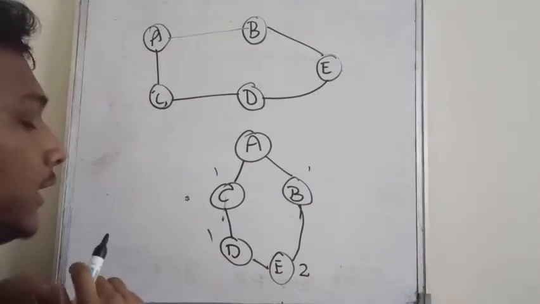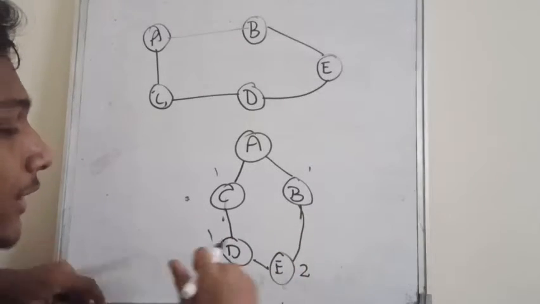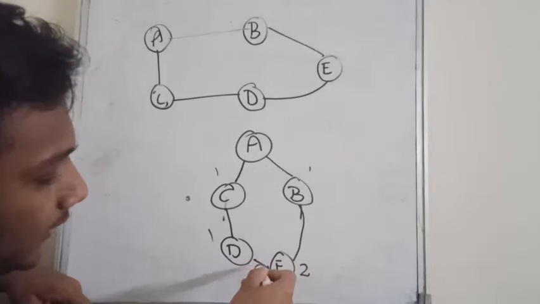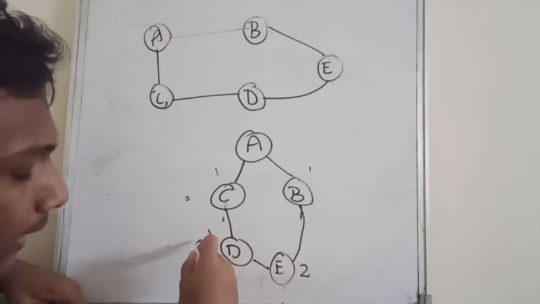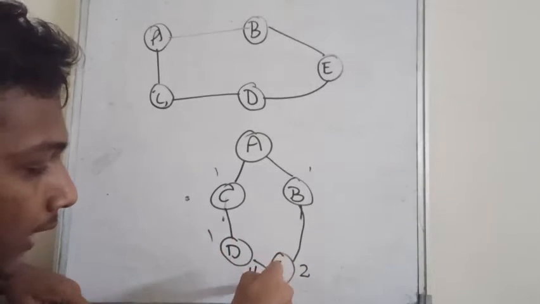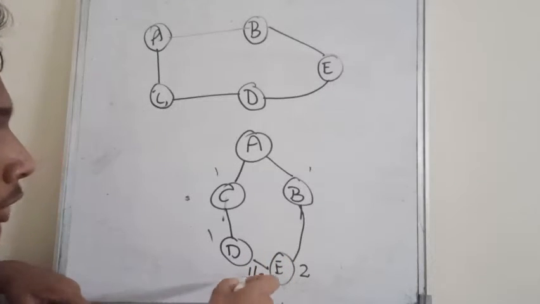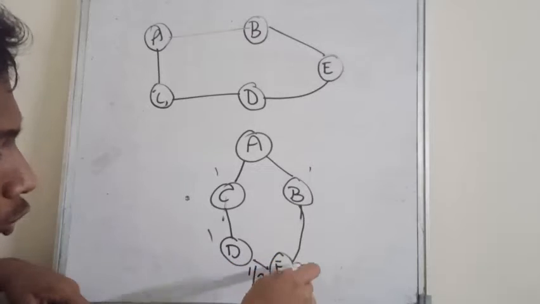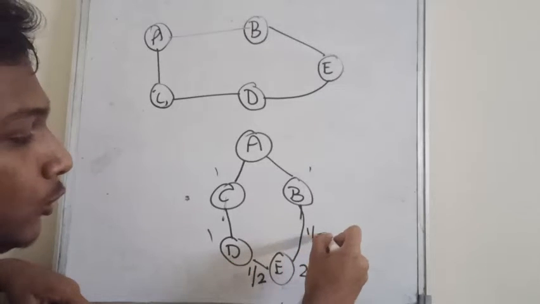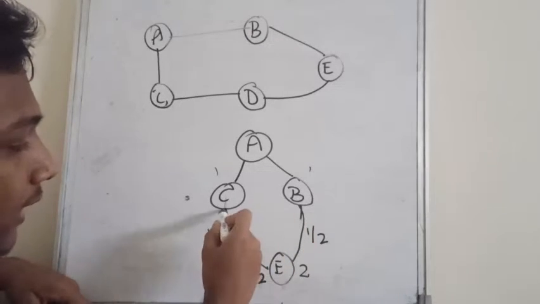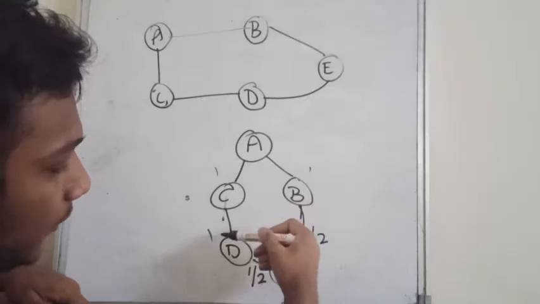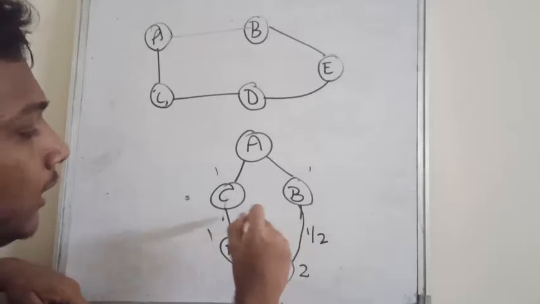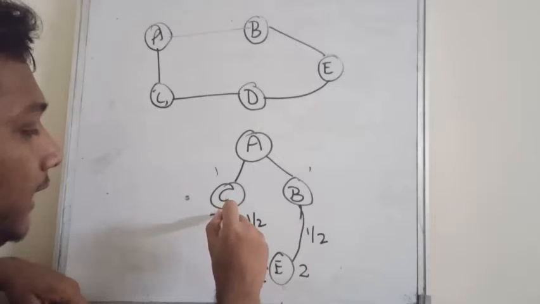The thing here is we have to find out the edge betweenness of each edge right now. So what will be the edge betweenness of this particular edge? It will be 1 divided by 2, because there are two ways of going to E. This will be 1 divided by 2 as well. This will be the edge CD. For CD, it will be 1 plus 1 divided by 2, that is 1 plus 1 by 2, that is 3 by 2.